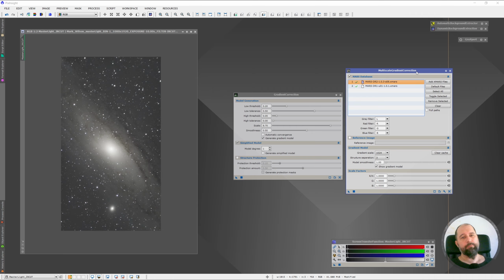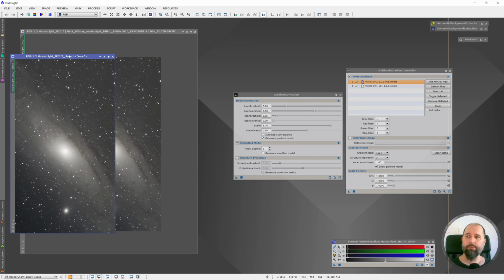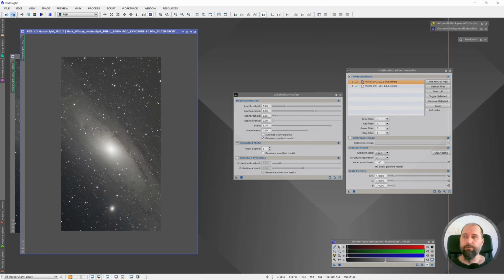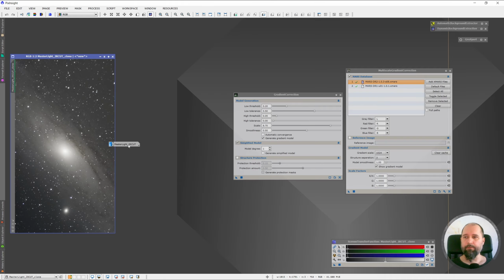So let me show you briefly. We will use gradient correction for this image now, but let me just back it up. I will click here and just drag this tab here, and you will create a clone of this image. I will go to this image and now I will redo. So now we have the image with the gradient removed here, but on this clone I will just demonstrate the